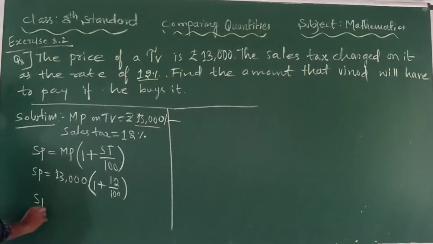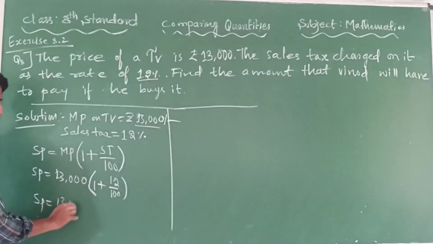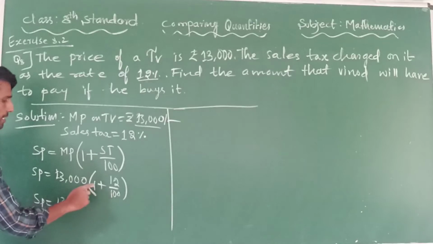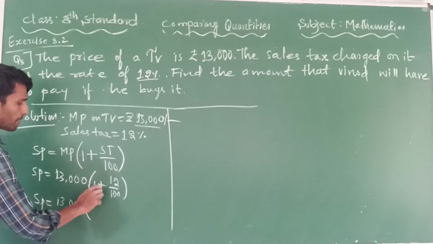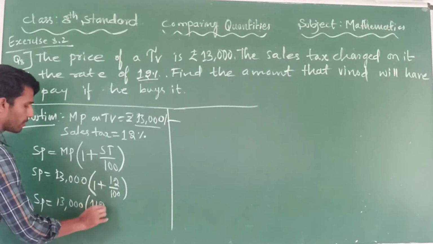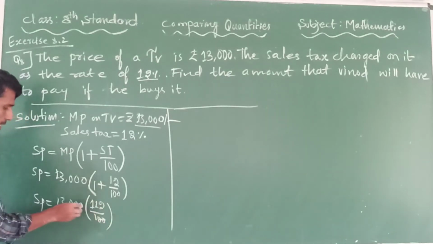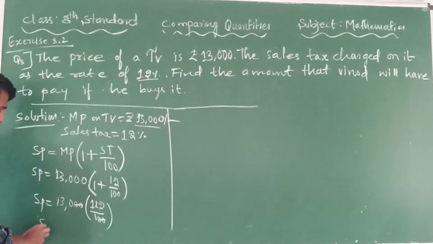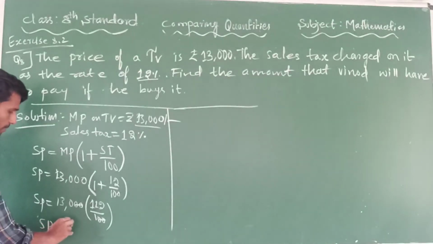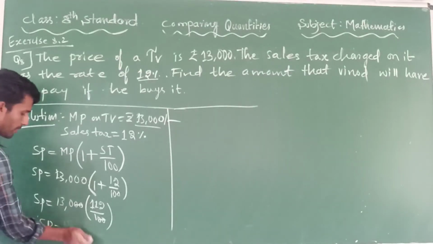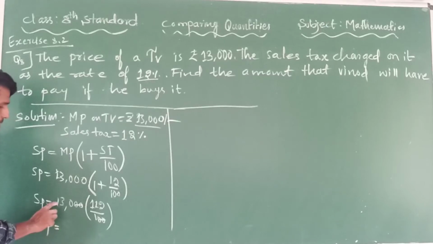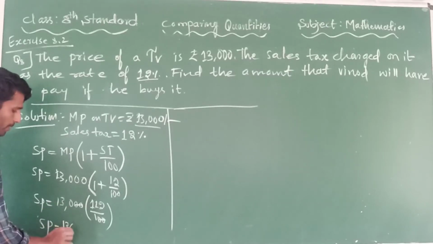Now selling price is equal to 13,000 into 100 plus 12, 112 by 100. Now you cancel here, 20 get cancelled. SP is equal to 130 into